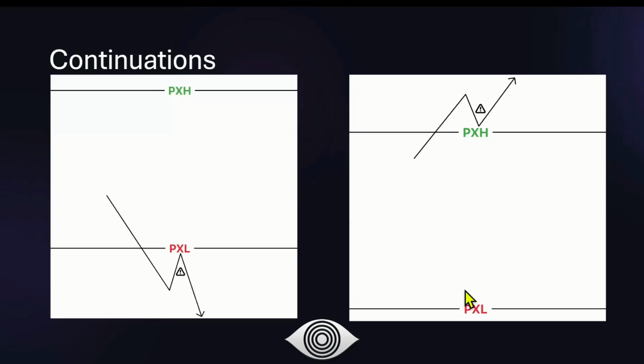For continuations, the schematic looks like the following. This is the schematic that follows along with bearish continuation. This schematic showcases that price trades below the PXL, it sweeps it, but it never gets above it. In fact, the PXL right here is sort of acting as resistance on price. Price will either look to retrace back into that low and then continue lower, or within this leg right here, it already retraced.